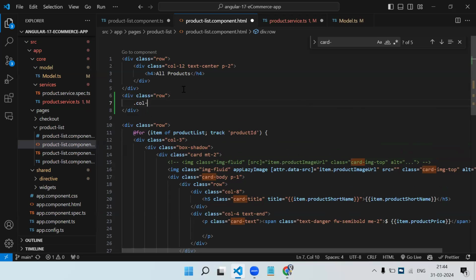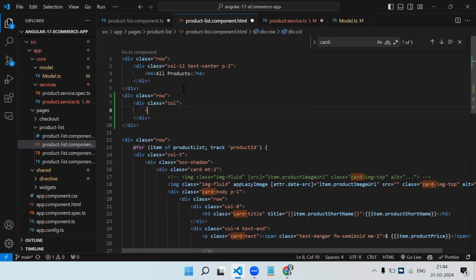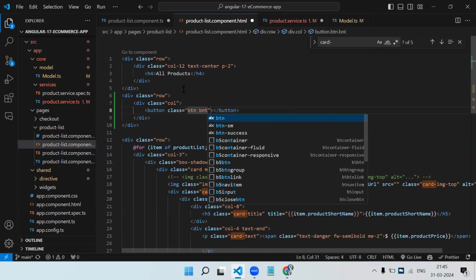Call, let's say just call. And inside this call, I will create a button. So whatever the categories I have, that many buttons will be created. I just want to show the categories on the button. Okay. Let's just add a class btn